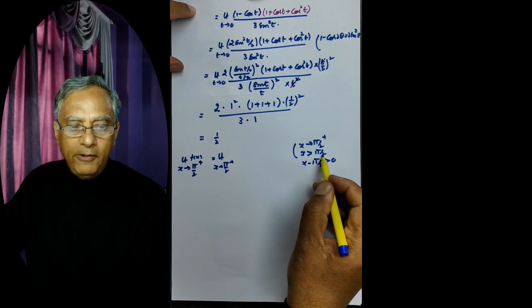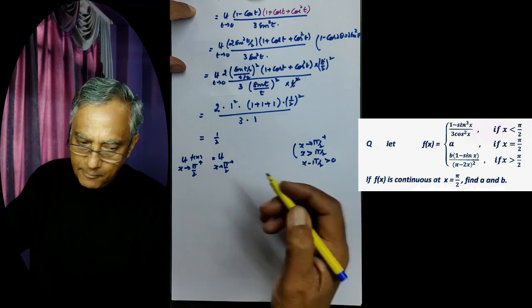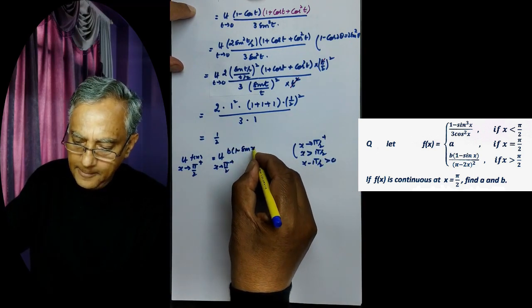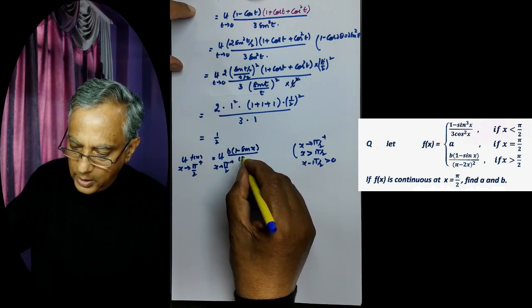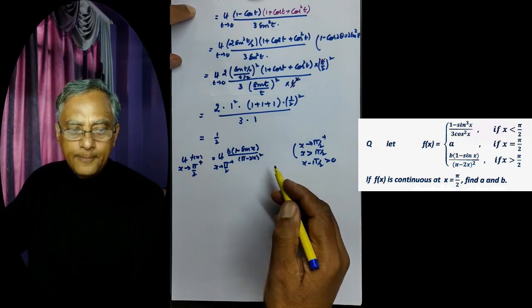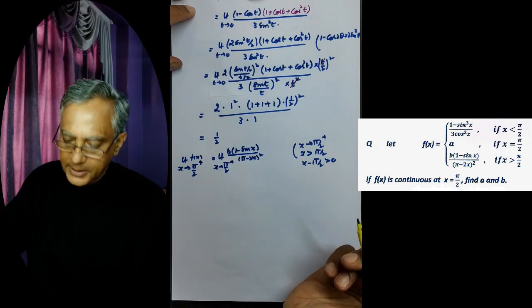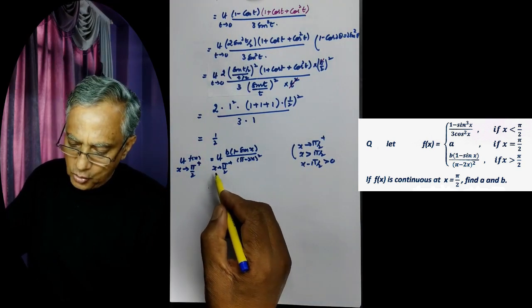So which definition will be used? It is the last one. That is b into 1 minus sine x over pi minus 2x whole square, because for x greater than pi by 2, f(x) is this much. Now we have to reduce it into zero limit. So we put